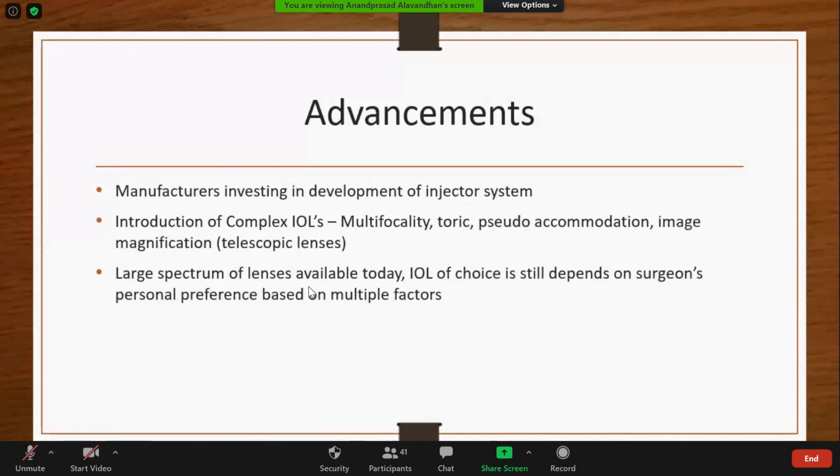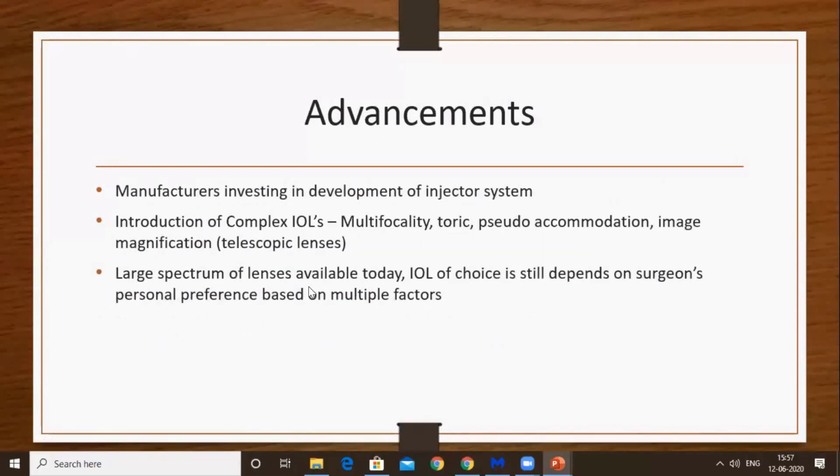Nowadays the lens manufacturers of various countries are coming with injector systems. Previously the lenses came separately, and the doctor had a separate vial for the lenses to inject inside the eye. But nowadays the lens manufacturers make their own IOL injectors, with which the doctor can inject the IOL inside the eye. Also nowadays many kinds of multifocal lenses, on both diffractive and refractive platforms, have come into practice. The toric IOLs nowadays have a vast experience of doctors practicing toric lenses. And also the accommodative IOLs.